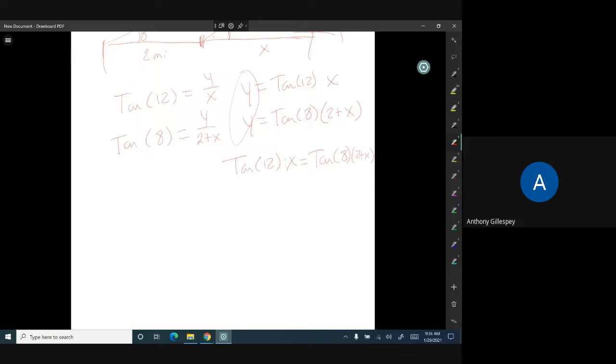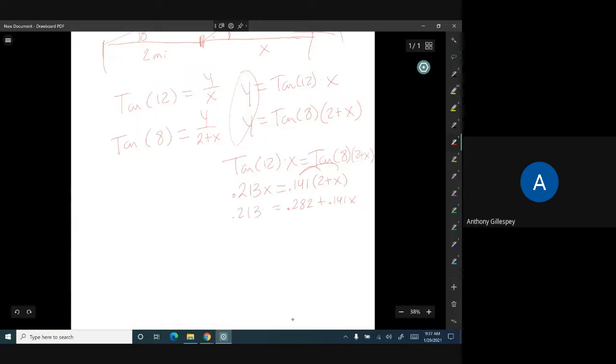So the tangent of 12 is, someone figure out what the tangent of 8 is, so I don't have to do that one. So this is about, I'm going to go to 3 decimal places, 0.213x. What's the tangent of 8, someone? 0.141 times 2 plus x. With me so far? And that's just an ugly math problem, but it's solvable, right? Double that times that, so you get 0.282 plus 0.141x